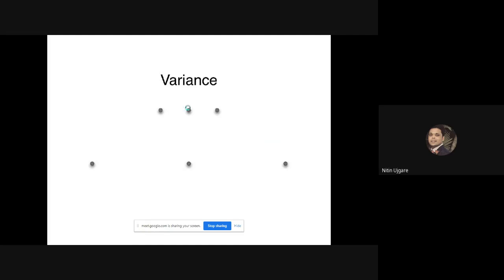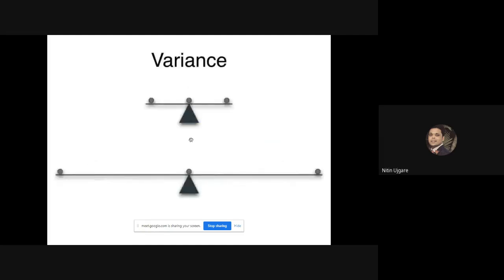Now, if this is the case, I can calculate the mean for these 3 points also. But as I just mentioned, it doesn't give me any meaningful information to just take a mean for these 2 different sets of points. So naturally, I have to take a variance. Once I consider the variance, the spreadness, this set of points has a low variance and this set has a high variance. Then you can find the mean: this is the mean of this set of points, and this is the mean of this set of points.